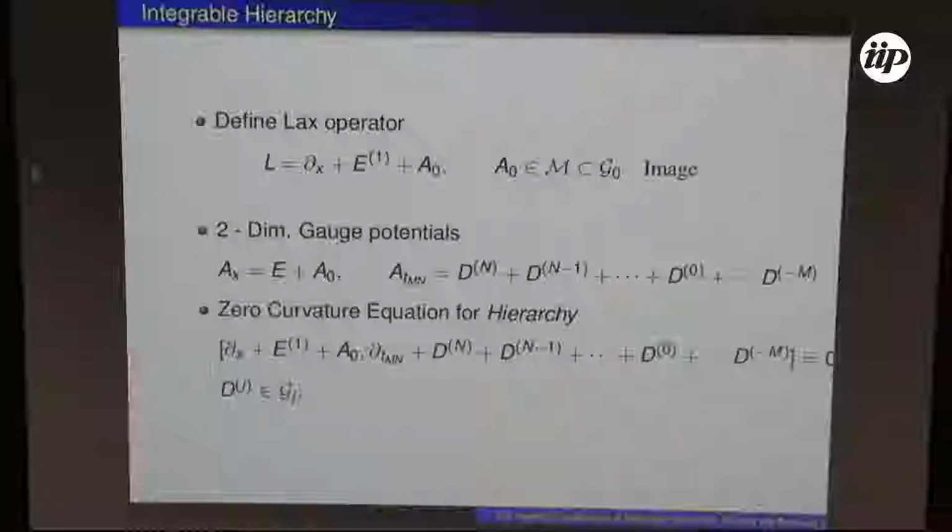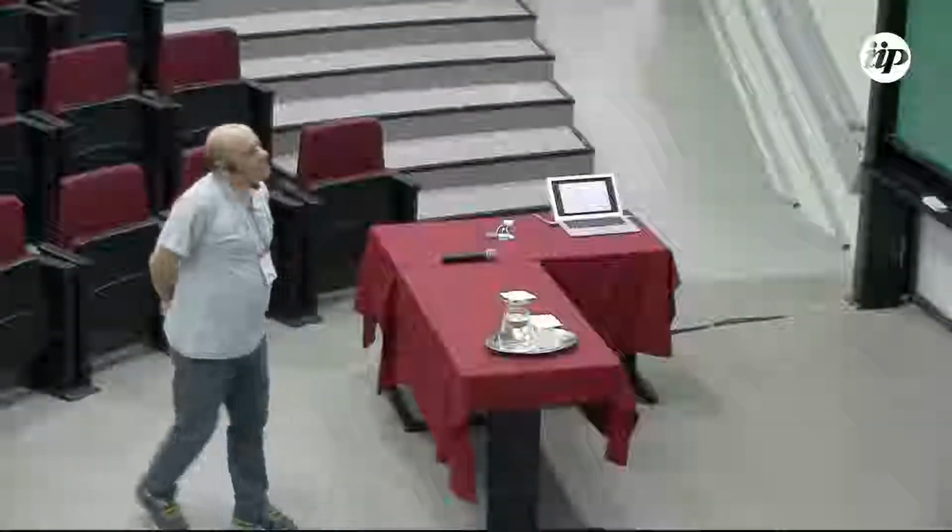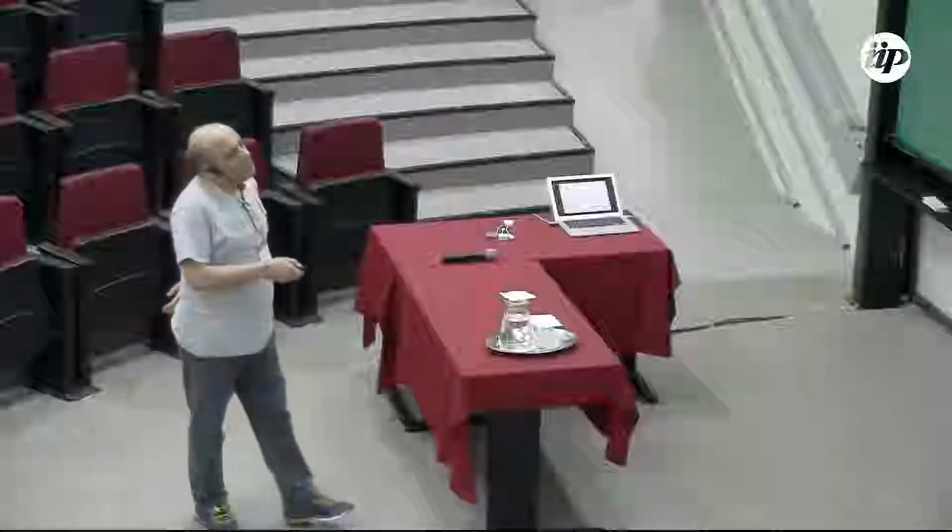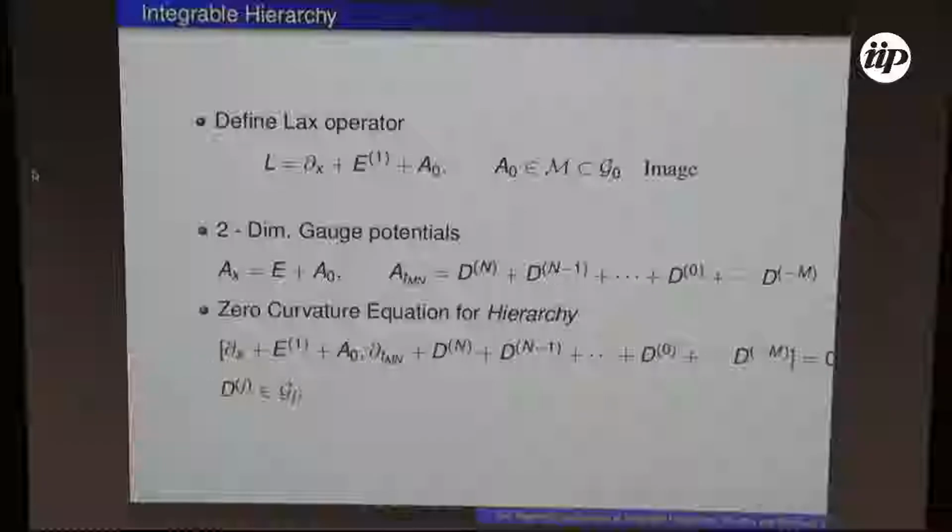With these 3 concepts, you're able to construct what mathematicians like to call a Lax operator, which is the E that you have chosen, plus A0. A0 is the most general linear combination of generators in M and in G0. If you have a decomposition in graded subspaces, you know what G0 is. And if you have E, you remove the kernel and you know what M is. So you just take the most general linear combination, and then you have your A0, or your Lax operator.